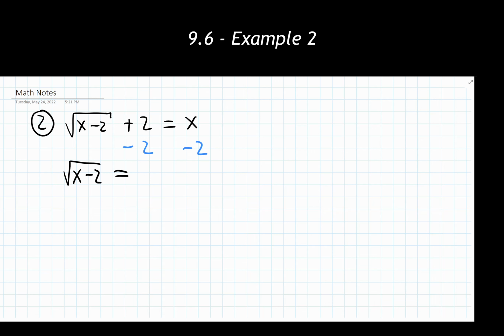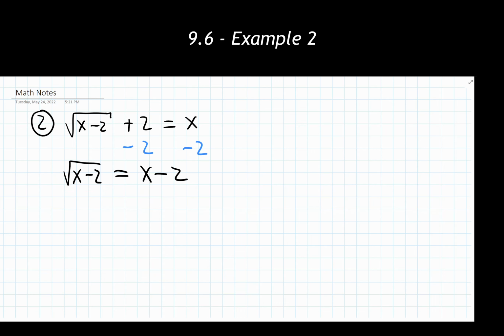And on the opposite side, I'm left with x minus 2. It is perfectly fine if we have a quadratic statement or a polynomial showing up on the opposite side. It's a pretty regular occurrence. And while our numbers and processes can get a little bit gross, as we're going to see with this problem, that's perfectly fine. We can still get to our final answer from here. But our main goal is to isolate the radical to one side of the equation, so we've done that. It's our first step.